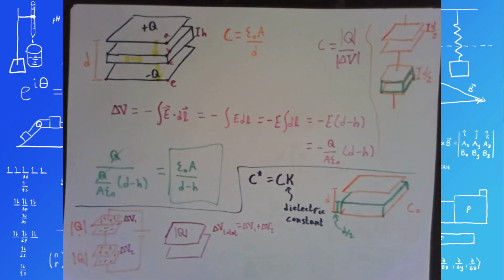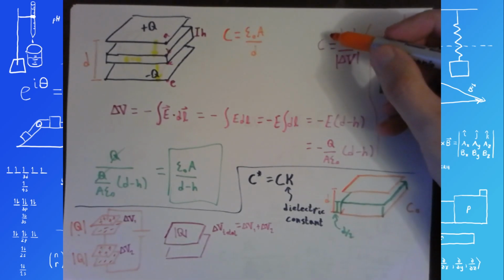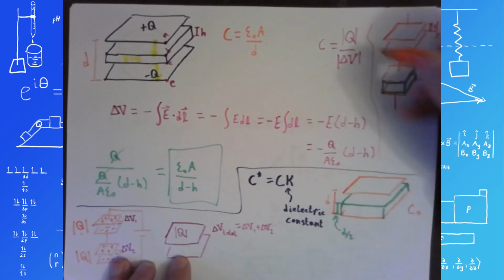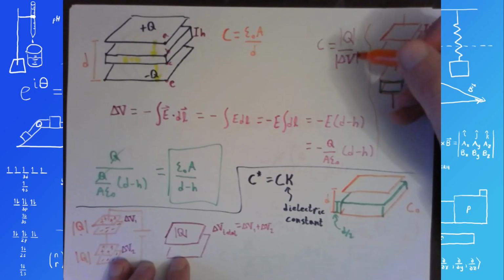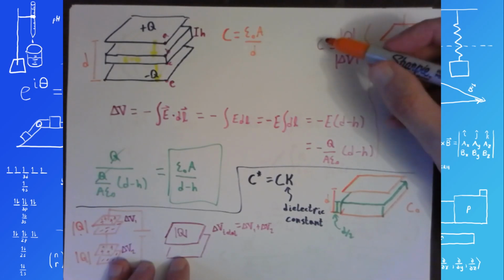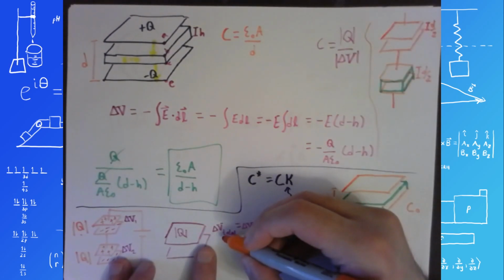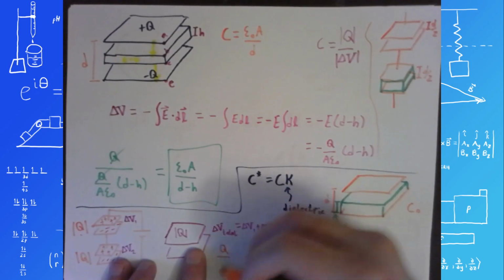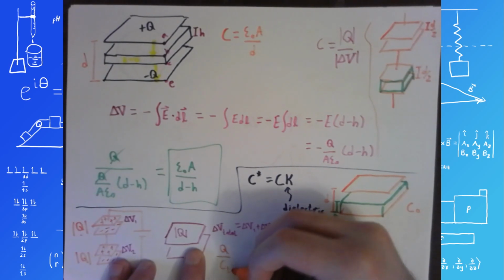Okay, if that's going to be the case, then rearranging the equation for capacitance, I can say that this new capacitor, if I solve it for delta V, I would do Q over C. So delta V total is going to be Q over, I guess I'll call it C total,